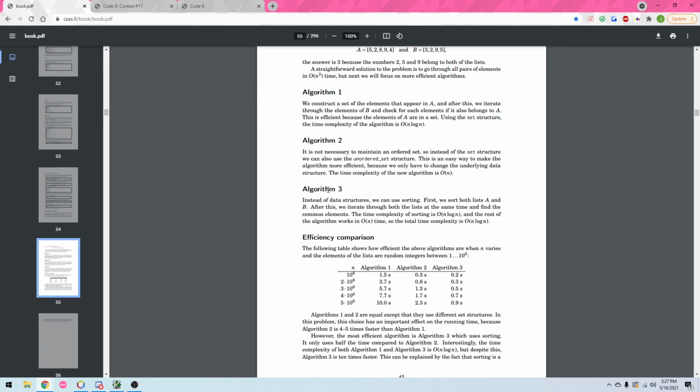And then the last solution is they just say sort both arrays and then iterate through them at the same time and increment your counter whenever the two values match up. You'll notice that since sorting is an n log n algorithm, the time complexity of this is n log n. So algorithm 2, the O of n unordered set solution, actually has the best time complexity